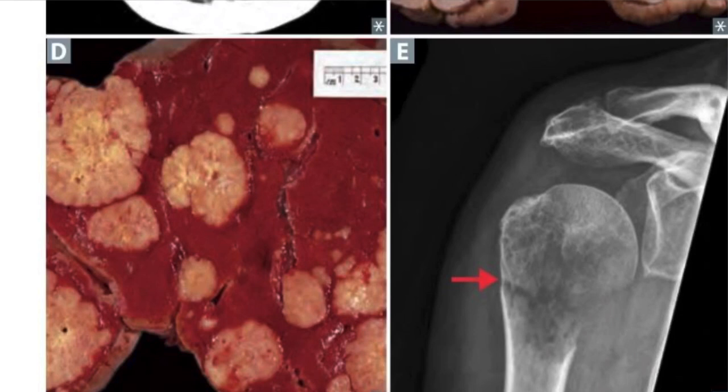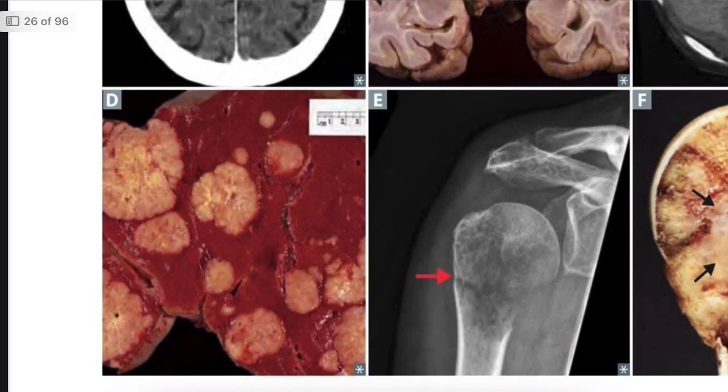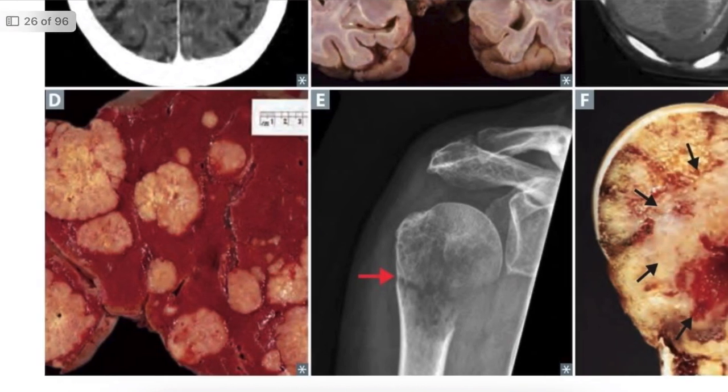If you are cutting the liver into sections, you can see multiple pale yellow nodules, a classic metastatic pattern. We can call this the classic metastatic pattern. Okay, so these are the things that come under liver metastasis. Next